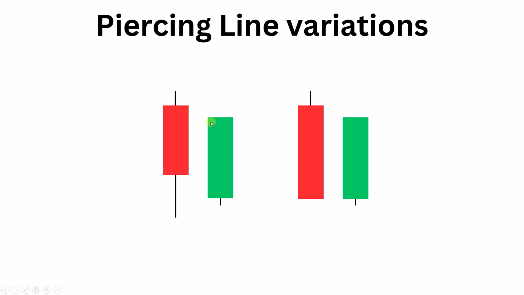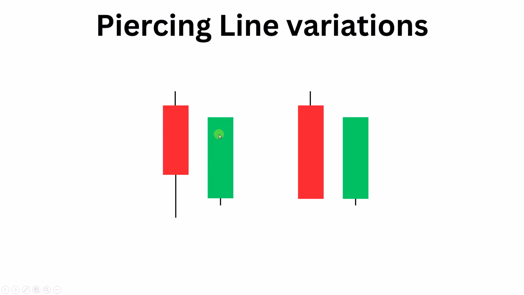But the closing of this green candle happened above the midpoint of the body of the red candle. So the midpoint of the body of the red candle is here, and it closed above that, and this is a valid